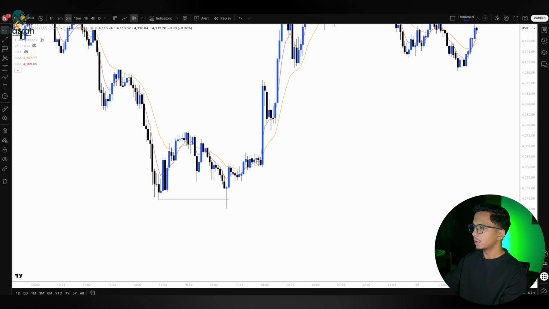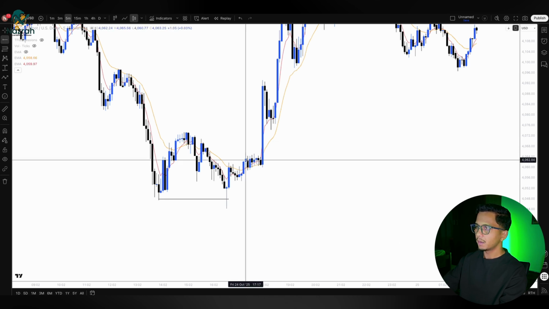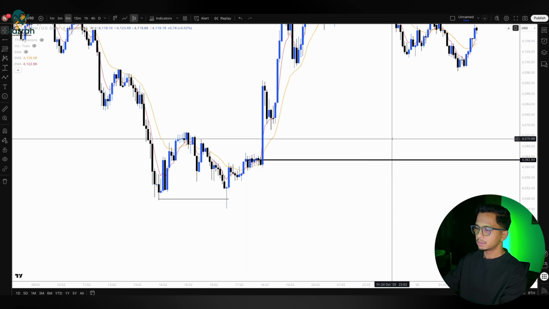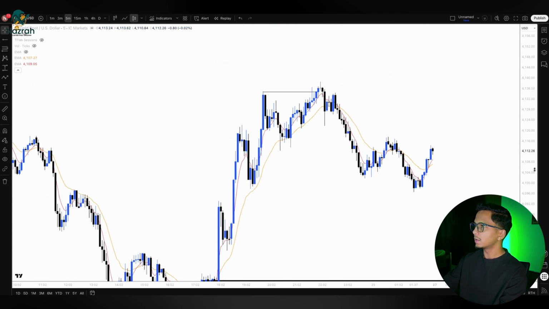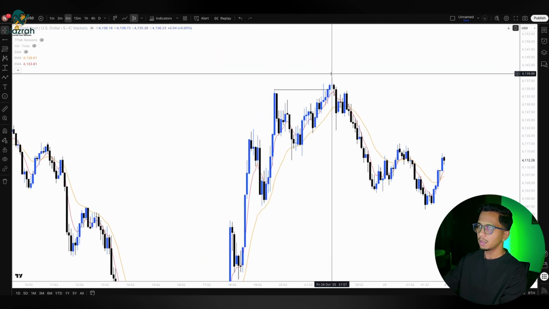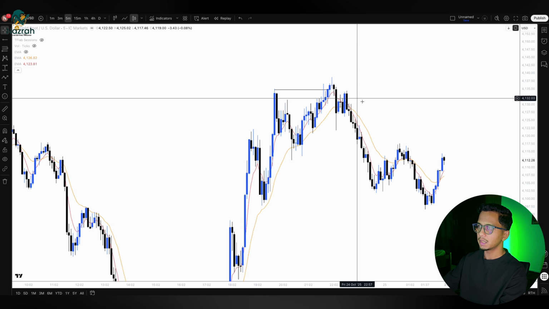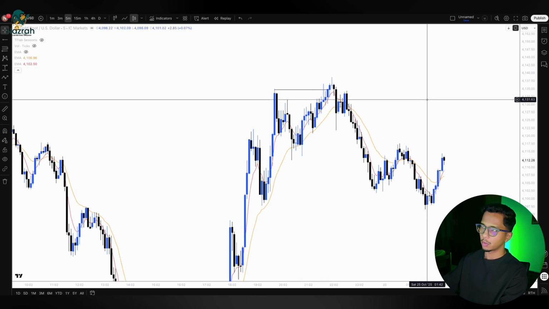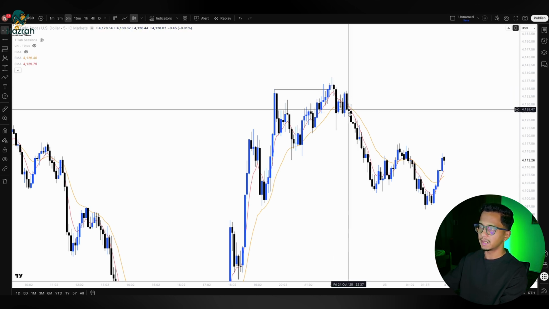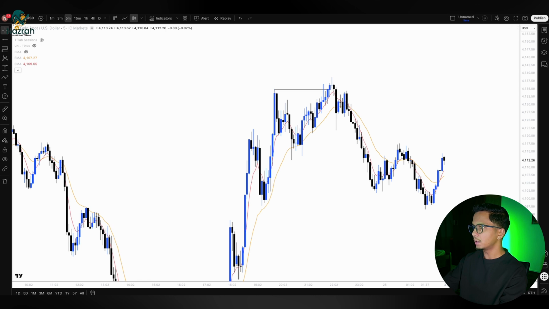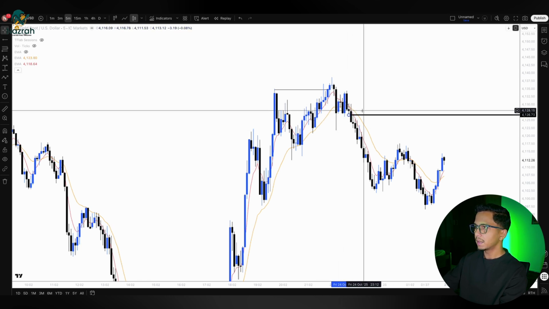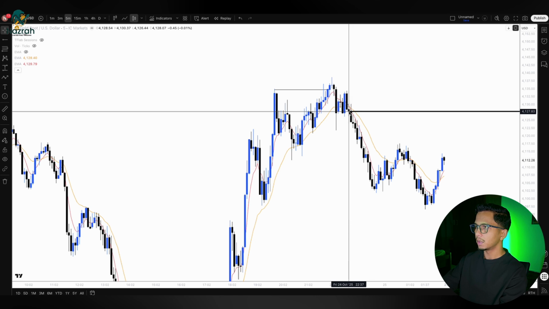And we would have entered, in this case, right here. Another example here is this inducement. Now, after this inducement was done, we look for again an EMA crossover, the 6 crossing over the 18. And we would have entered right here at the candle close of this particular